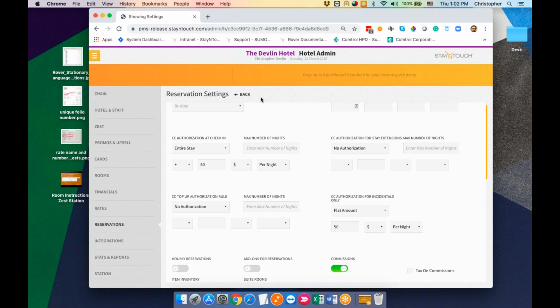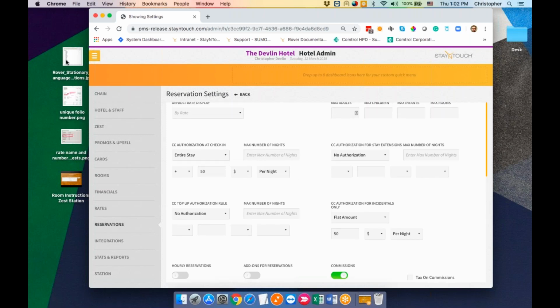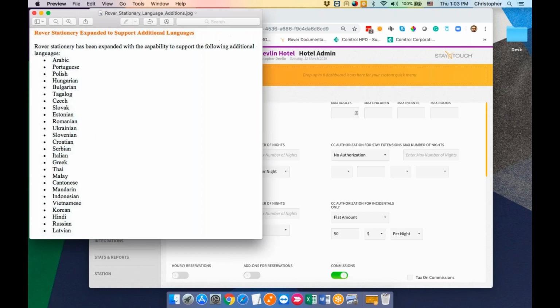Moving on to our fun languages portion. So I have a little image to share here. Our Rover Stationery has been expanded to support additional languages, and I have a list of some of these languages on screen here. There are more that were already in the system. So our customer support team is actually in the process right now of putting in corresponding translations in place for these languages. So it is a work in progress, and if you're interested in activating or finding out which of these languages are actually available for use currently, or more importantly, if you're actually interested in helping us with translations